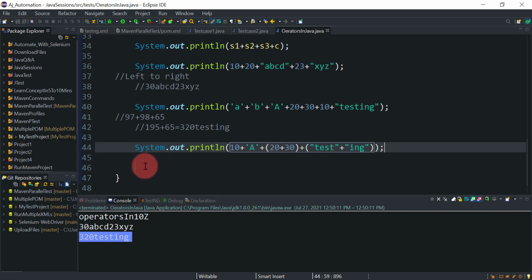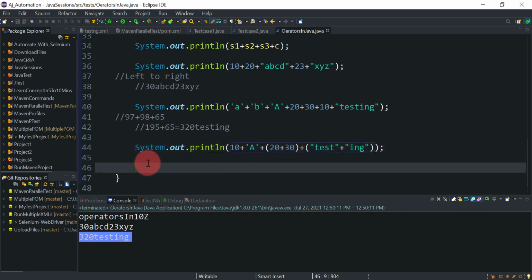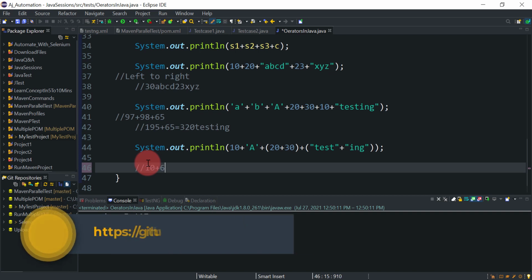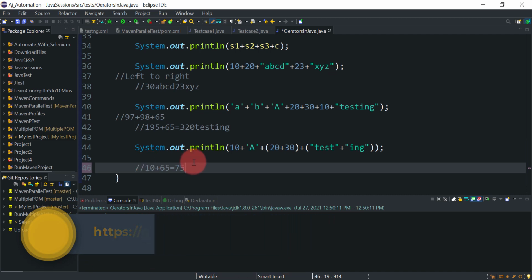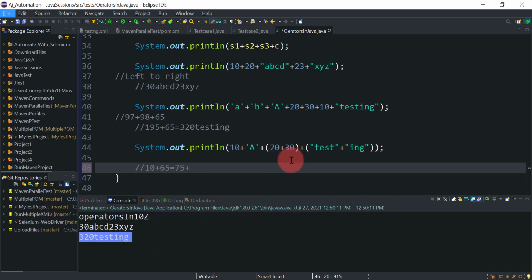As always, it will start from left to right. Though brackets are present in the expression, it will start from left to right. So first we need to perform the addition of these two. First we get 10 plus the ASCII value of capital A, which we just saw is 65. That will be 75. Now we have 75. 75 plus, first this bracket expression will be solved.